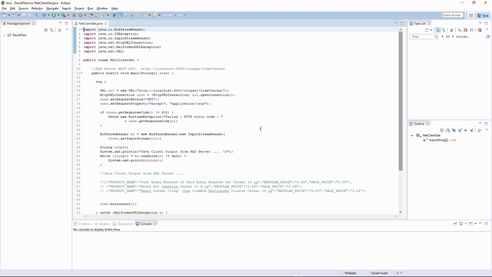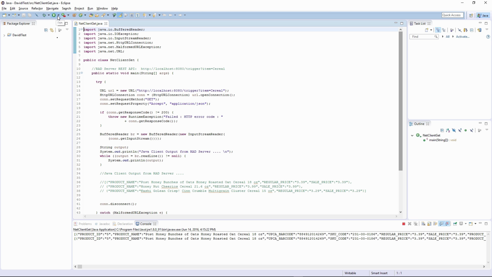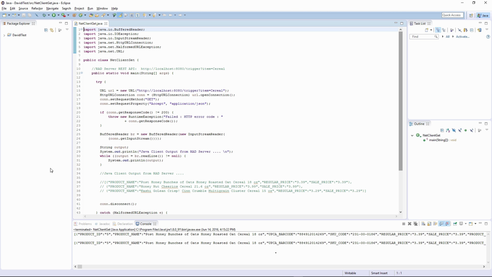Otherwise, we're going to read what comes back from the connection and the GET request, and then we're going to output it to the console window, which is down here. So we'll go in and just say run as a Java application. And I clicked it a couple times. And down here, we see that for item equals serial, we get the JSON for all of the serials